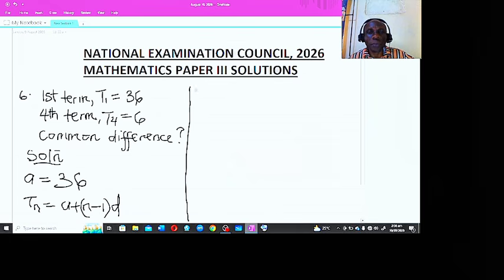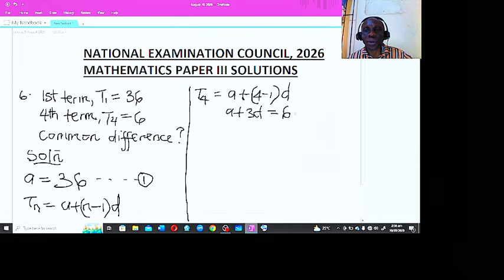If we replace n with 4, that means t4 will be equal to a, that's the symbol for the first term, plus 4 minus 1 multiplied by d, which is a common difference. What's the difference between 4 and 1? That will give us 3. So we can have that this is a plus 3d. And we are told the fourth term is 6. So we can call this our first equation,